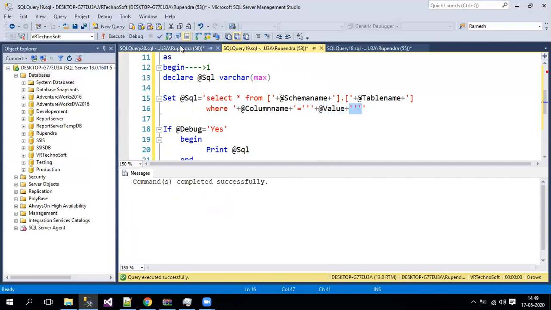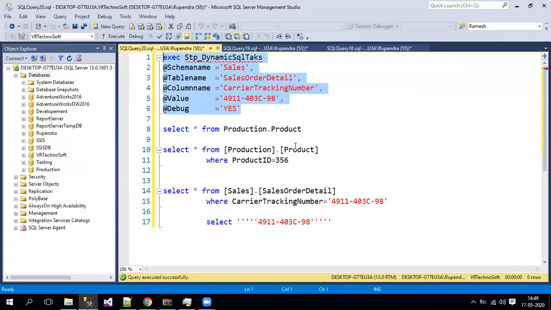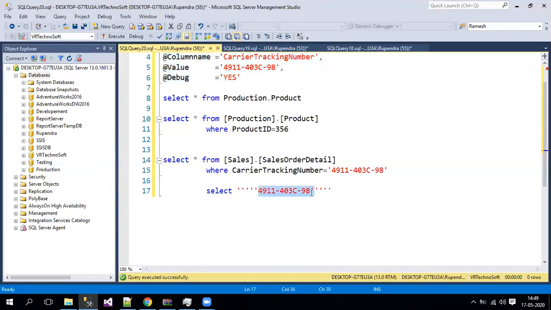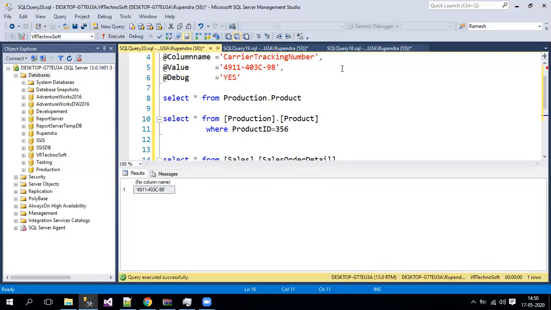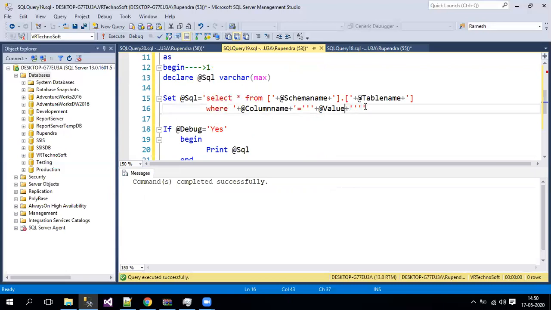If it is a single hard coded value, then double quotes is enough. When you keep it like this, we'll get single quotes here and there, right? But as it is a variable, we just need to double it on the right hand side.